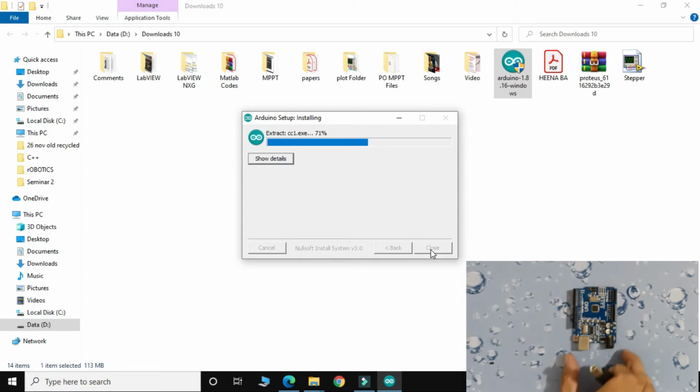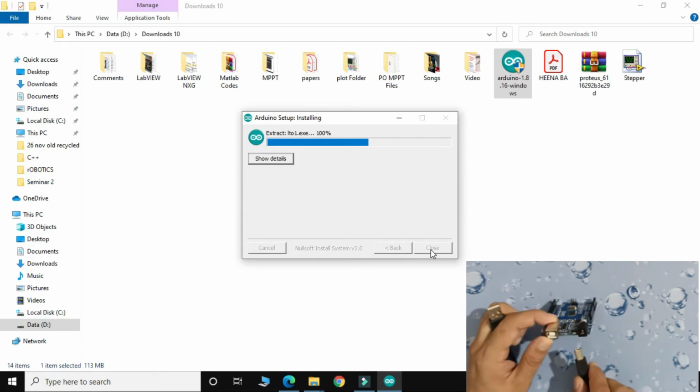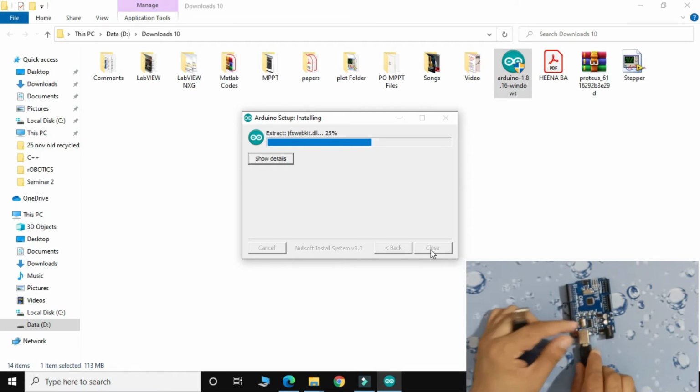So I just connect this port with my Arduino Uno. So right now it is connected. I just connect this port with my computer USB port when the installation is done. So it will also take more than 1 minute. We will wait for it.